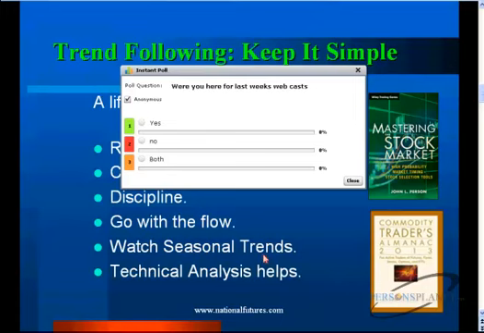So first off, when we look at trend following, we look at seasonal trends, and I think it's very important for traders to say, okay, if I'm going to be trading the indexes, if more money is flowing into maybe blue chips, or more money is flowing into maybe small caps, then if technology is entering some kind of seasonal weak period, I want to stay away from the long side of the tech space and perhaps look at some strategies.